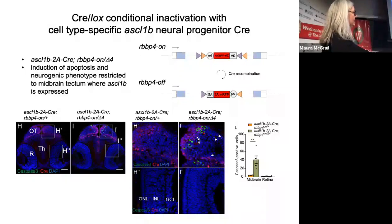And what you can see in the midbrain, at high mag over here, is that the caspase staining shows that there is in fact an induction of apoptosis. And what was important about this experiment, where all of the red shows where Cre is expressed, is that there's no induction of apoptosis in the retina. We know that RBBP4 is required in the retina for survival, but there's no induction of apoptosis because this Cre driver is not expressed in the retina. It's only expressed in the proliferative zones of the forebrain, midbrain, and hindbrain. So we had really nice